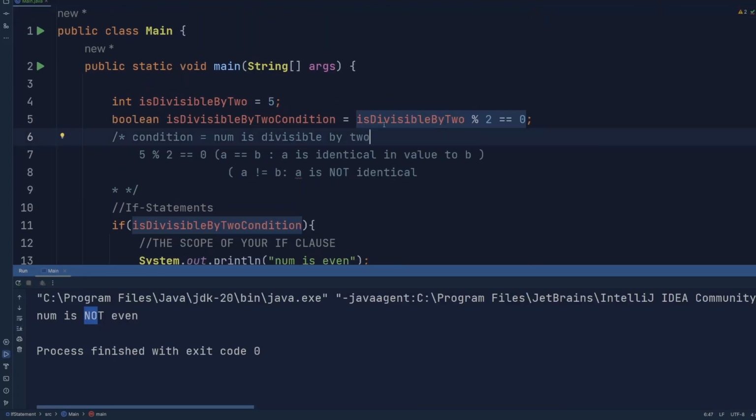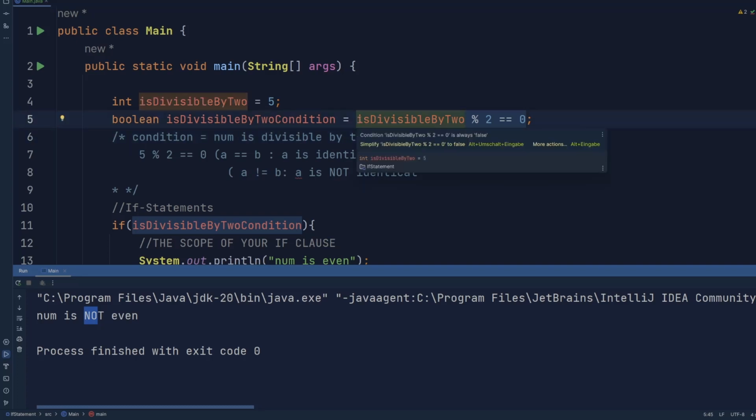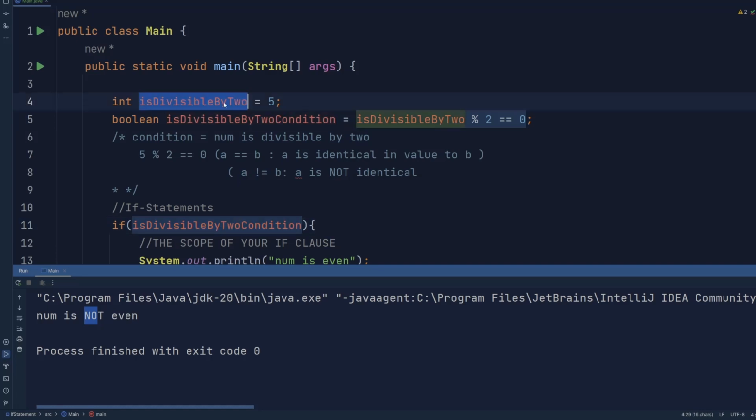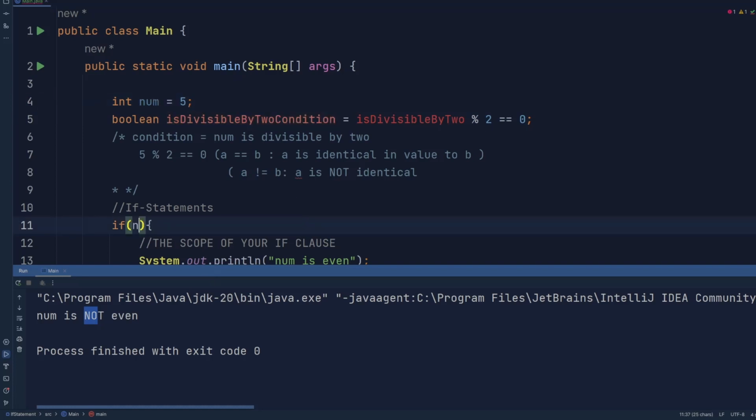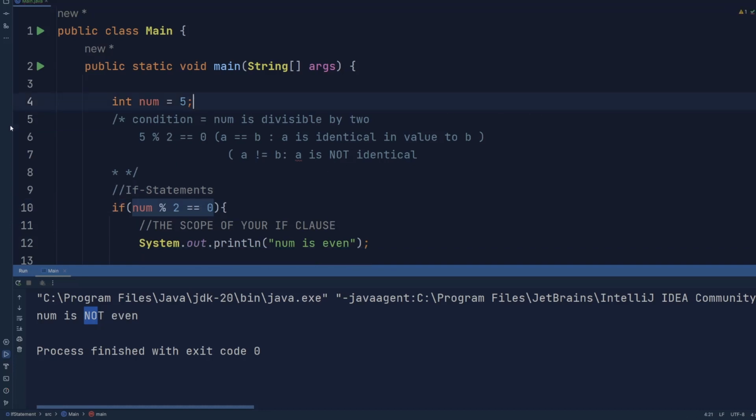Of course, doing it in this way is simply for didactical purposes, because in this case first of all, you wouldn't call it is divisible by 2, maybe simply call it num for now. You would write this condition right here, right? This makes way more sense, because why are you allocating memory for a variable if you could just evaluate it without it? So if num modulo 2 is 0, then do this,